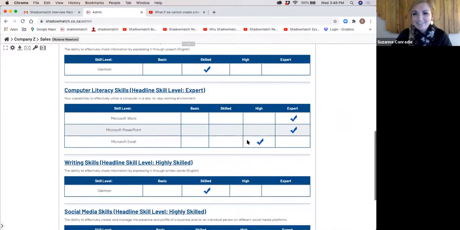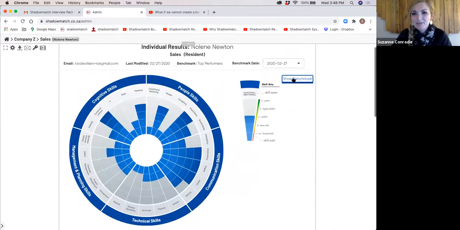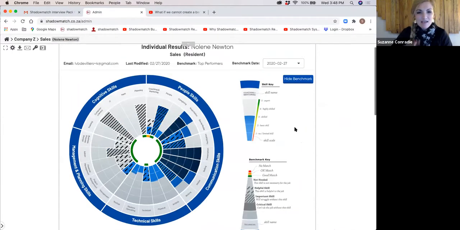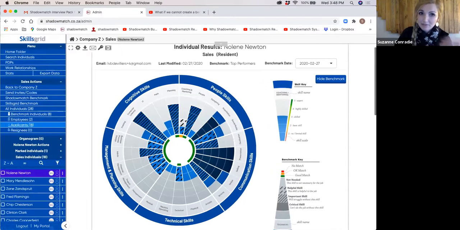More on that later. Today, we just quickly look at the optimal placement. So now it highlights the specific areas to say, okay, we see an alignment here, but in some areas, there's a difference between the skills level of the individual and the benchmark requirements. We can do the same if we say we have that specific role. Don't we have another position within the business that has this perfect fit for the specific skill set? If I go to my applicants again,